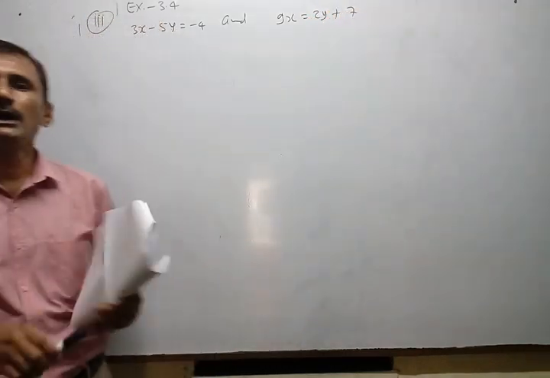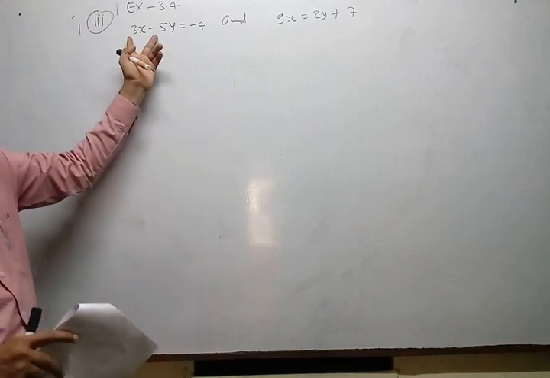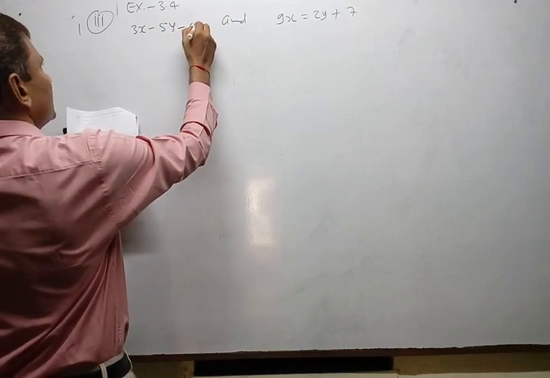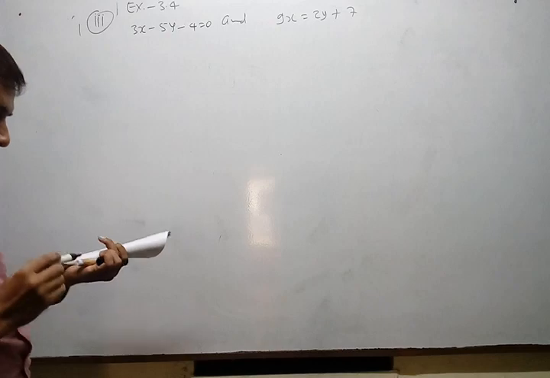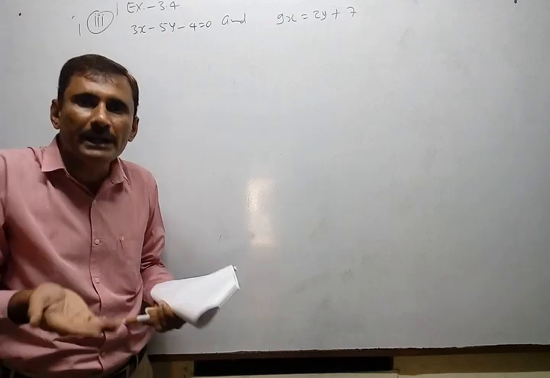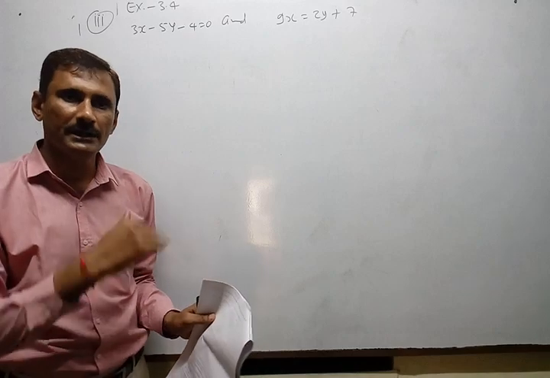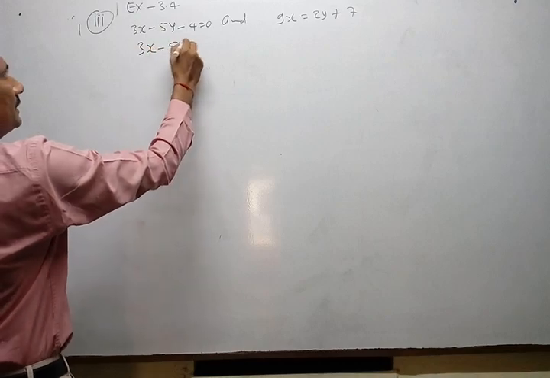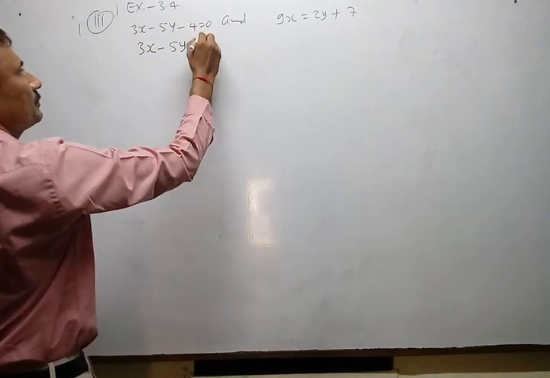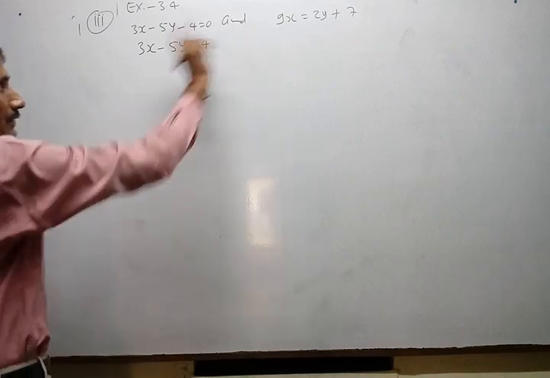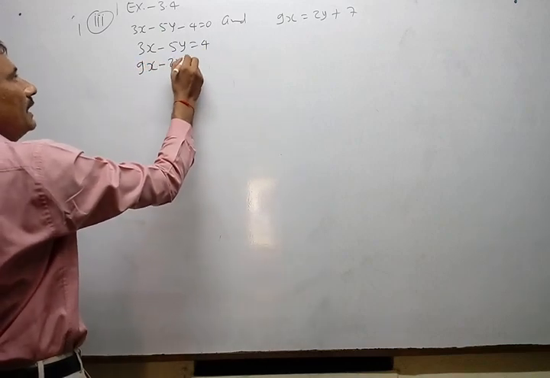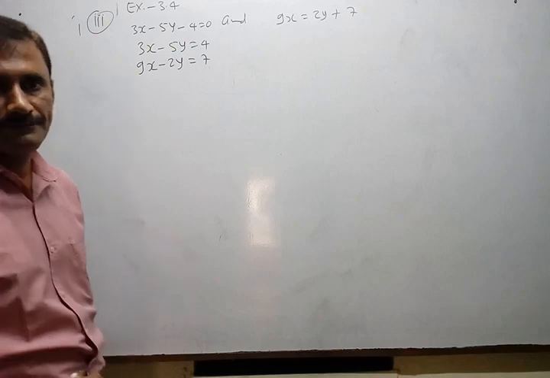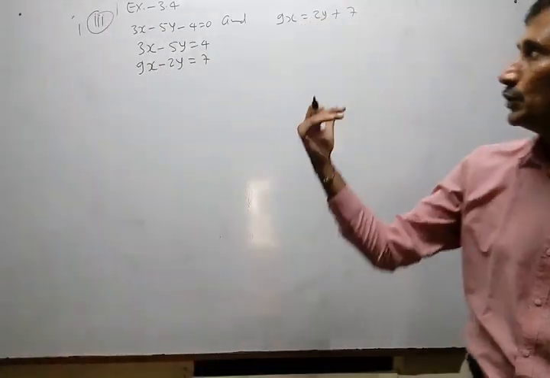In both the substitution and elimination methods, we generally write x and y at the left side and the constant at the right side. This is the given. So first of all, we have to write the given equations systematically. How? Variables on the left side, constants on the right side. So both variables keep here only and 4 goes that side. So minus 4 becomes plus 4, equation number 1. Now 9x minus 2y equal to 7. 2y shifted here. Okay. So always x and y on the left, number on the right, in both substitution and elimination methods.